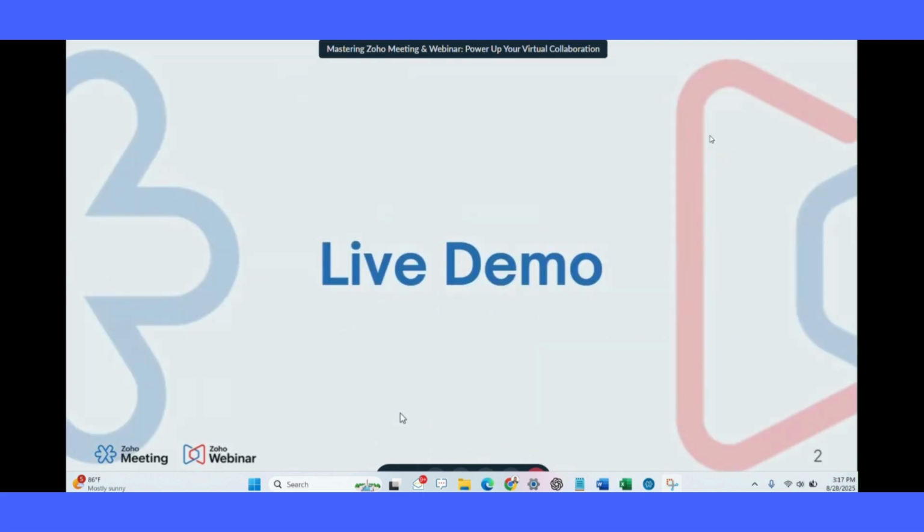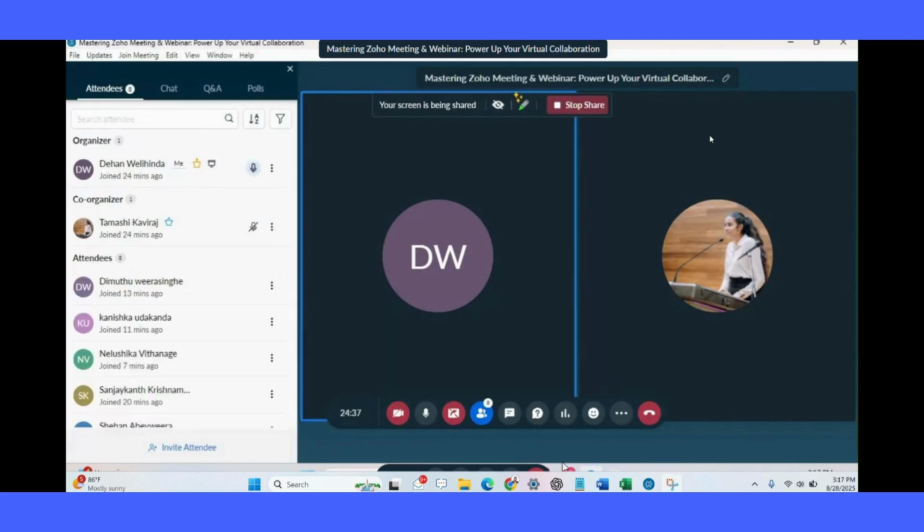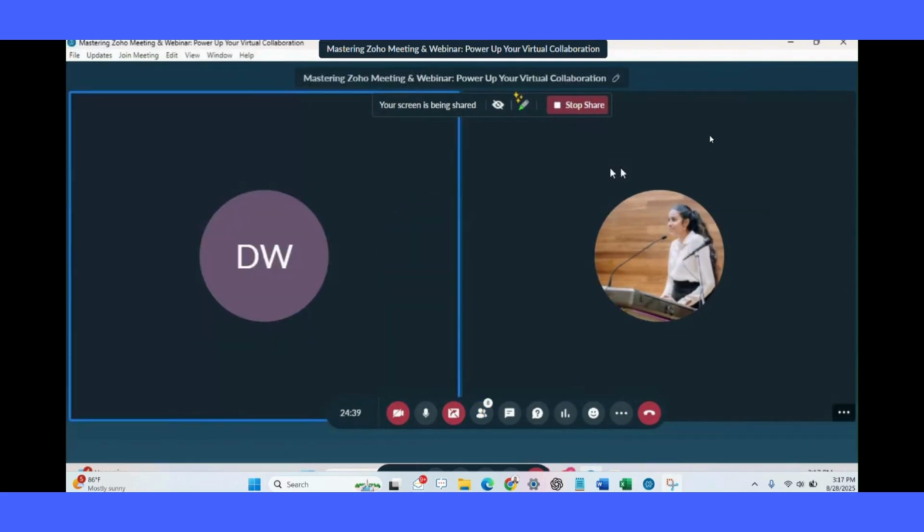So we would like to go ahead with a live demonstration on how the Zoho platform works and how users can utilize the platform. And keep in mind, today in this session, we are going to discuss the Zoho Meeting platform as a live demonstration. So we are going to start with the live demonstration of the Zoho Meeting platform. So as you can see,